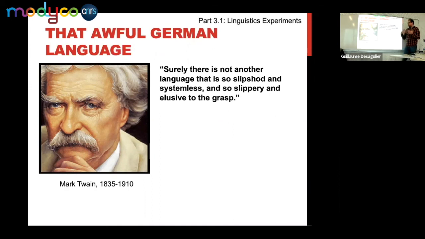And so I tried to test this. But when I was in secondary school, I struggled a lot with German. I had a lot of difficulties passing my exams. So I was very relieved when some intellectual like Mark Twain said that this is an awful language, just no system, and slippery, elusive to the grasp. And